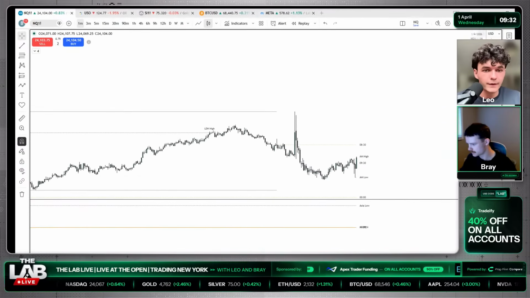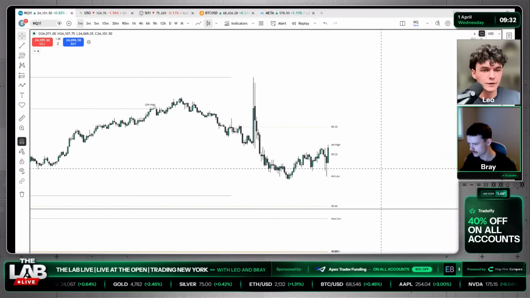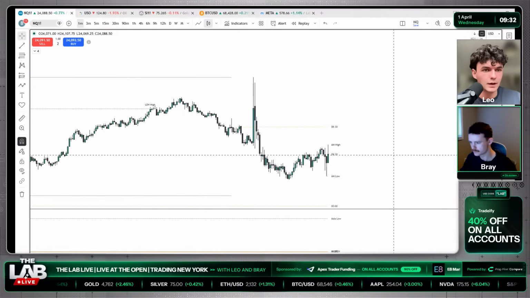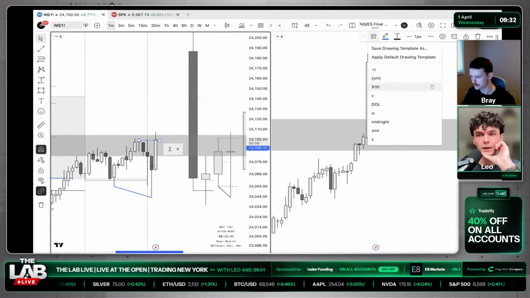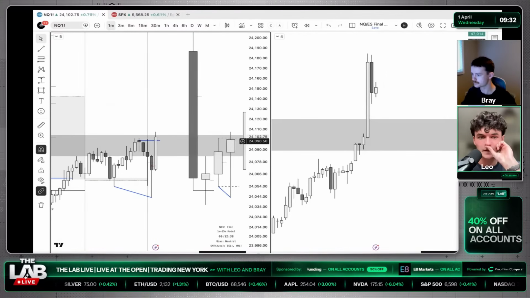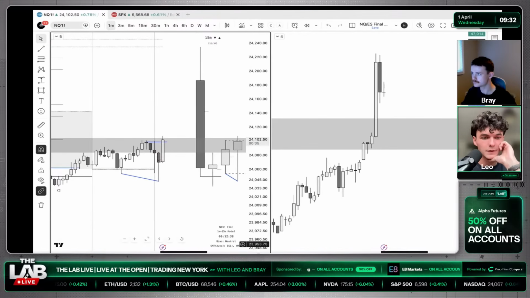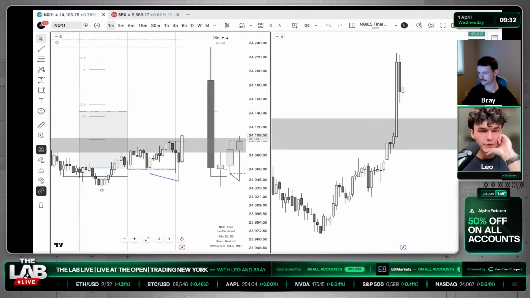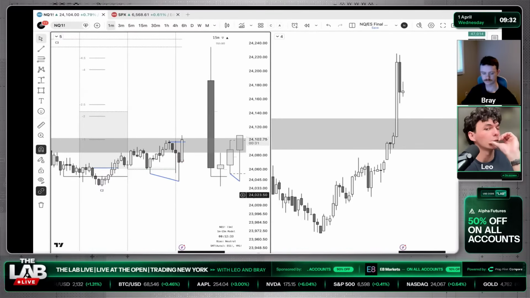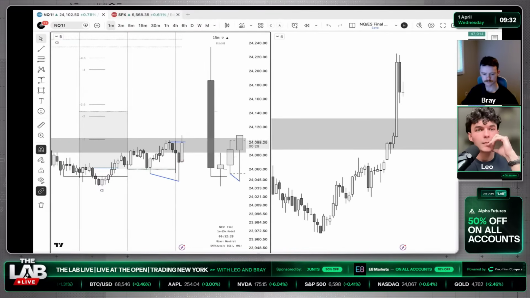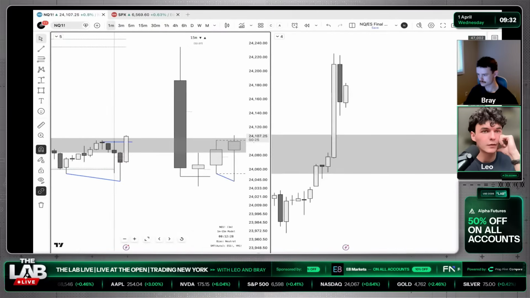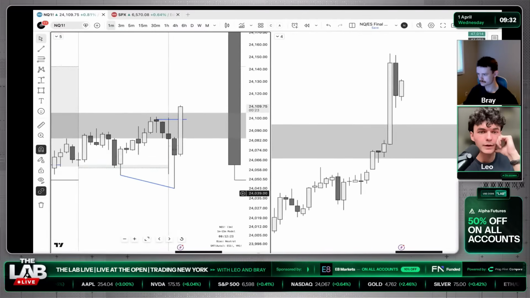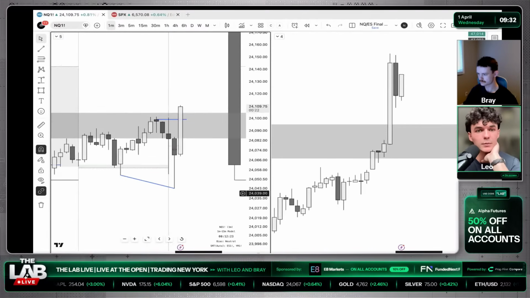Bearish manipulation. If we see closure here on the 1 minute, I might be interested in trying longs on NASDAQ. Depends on closure, but it's looking like it's wanting to trend higher. Bearish manipulation, looking like it's most likely gonna pull higher. We'll see though. I'm gonna see how we close on this 1 minute, but I do like this bearish manipulation, and now we're seeing a really strong bullish expansion.